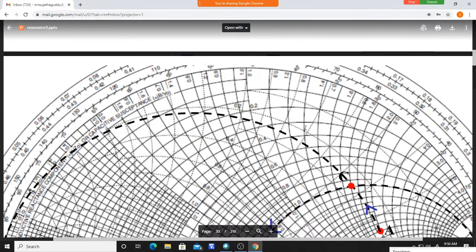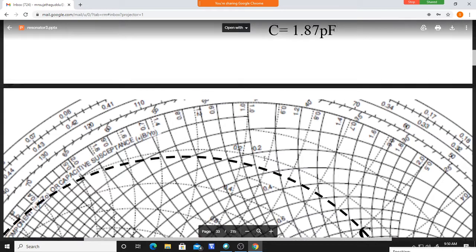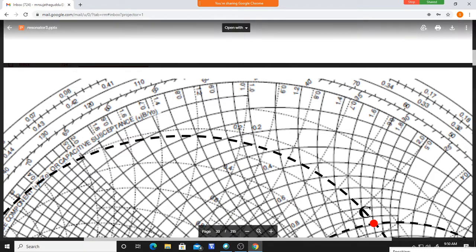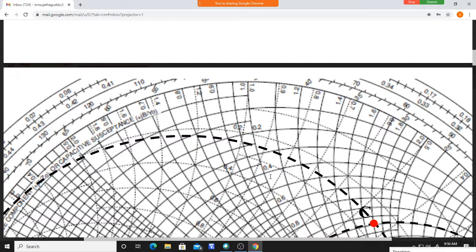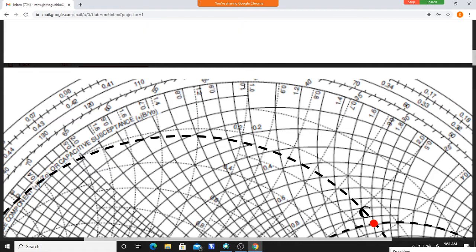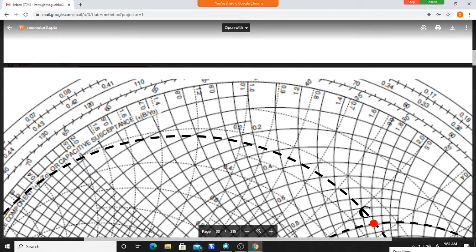Okay, understood? So in the Smith chart, all of you must carefully observe. There are two types of circles: reactance circles and susceptance circles. Susceptance circles are dotted lines. See like this. B values you should read, okay, reading means these values. Whatever is written above that circle, you should take. Okay, these are the values here.